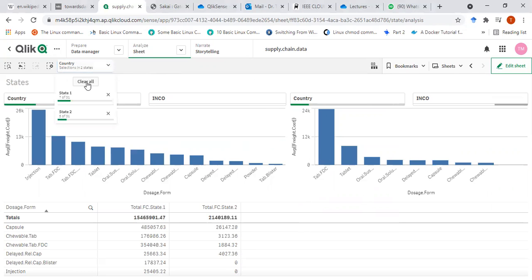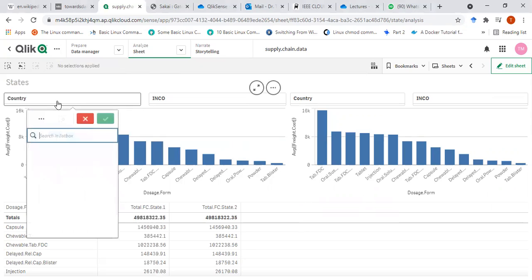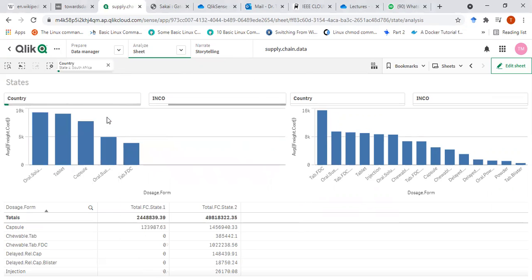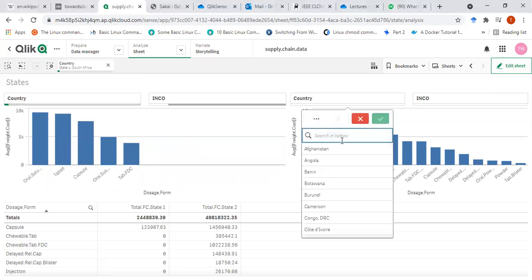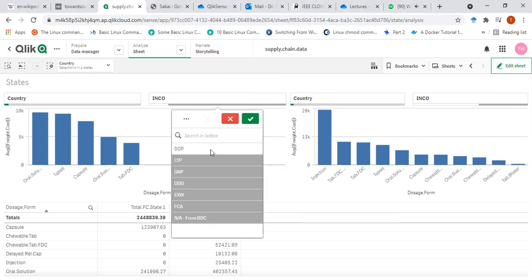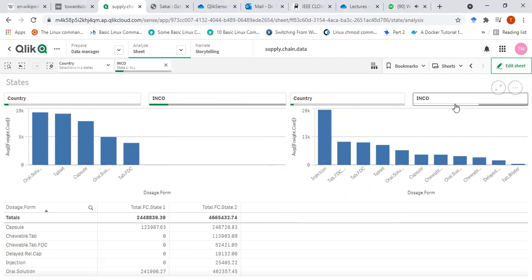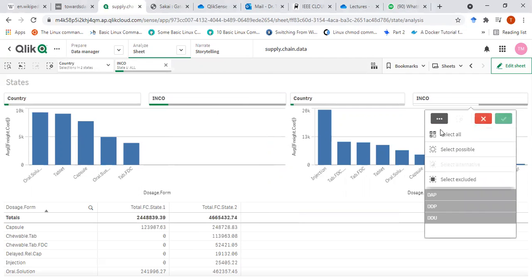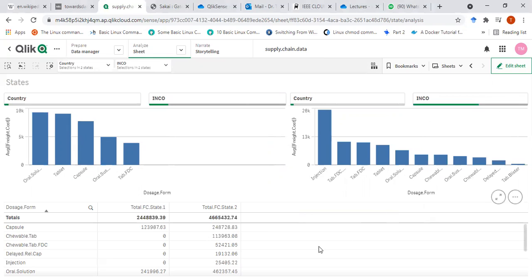Let's say I make it even simpler. So in here, let's say I just want to say South Africa. And here I want to compare across Cote d'Ivoire. So here's the situation for South Africa and Cote d'Ivoire. Let's say I select all of the infos. And here also I select all the infos. So now we can see how the